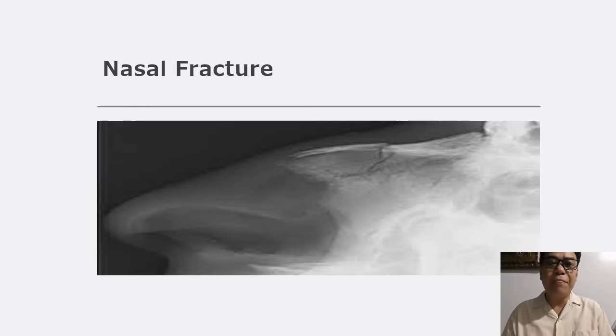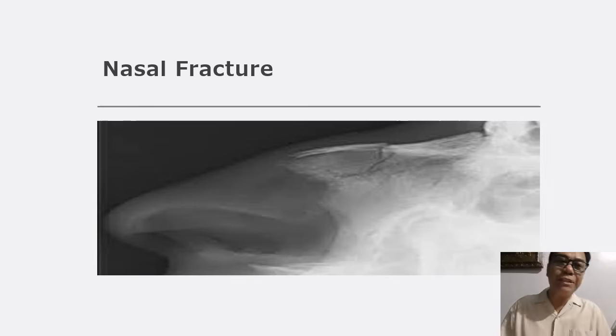So complex nasal fracture involves subsequent damage. Okay, meaning to say it's not only the nasal area that is affected. Sometimes other adjacent facial structures are also involved. So if that happens, it is coded as complex nasal fracture. So what are those adjacent facial structures that could be affected with complex nasal fracture? For example, it also affects the teeth, eyes, and even other facial bones.